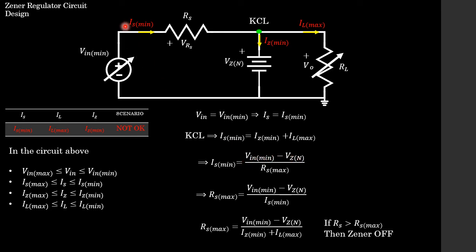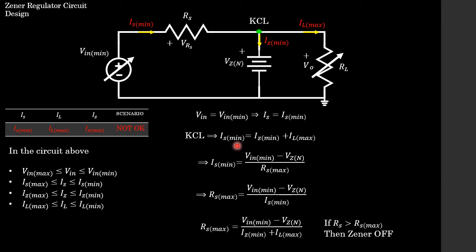Well, it's Vin min. There we have Vin min on this side, minus Vz, because we have Vz here at the output. And according to Ohm's law, if we divide that by Rs max, remember I said we have a maximum series resistor value, because the maximum series resistor value will draw the minimum series current. So Rs max, Ohm's law, we now have an expression for Is min, and we also have our KCL expression